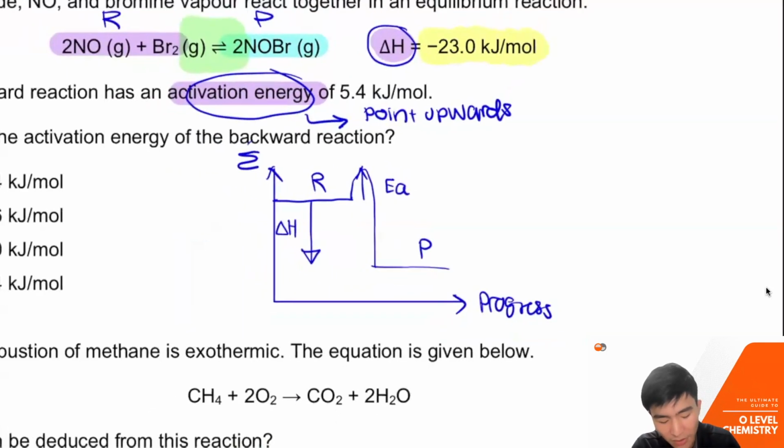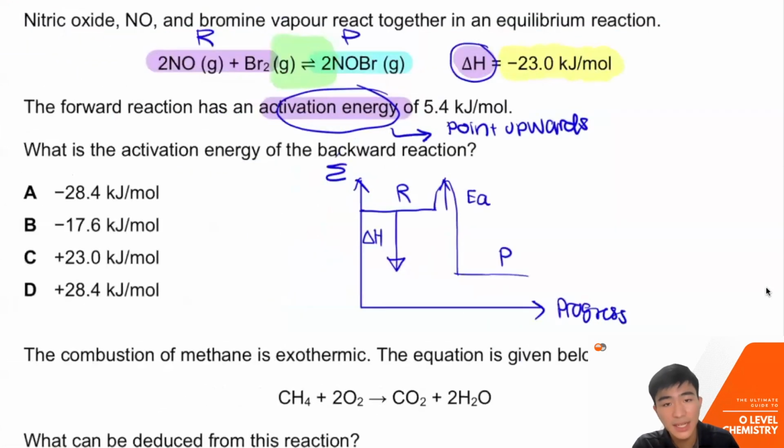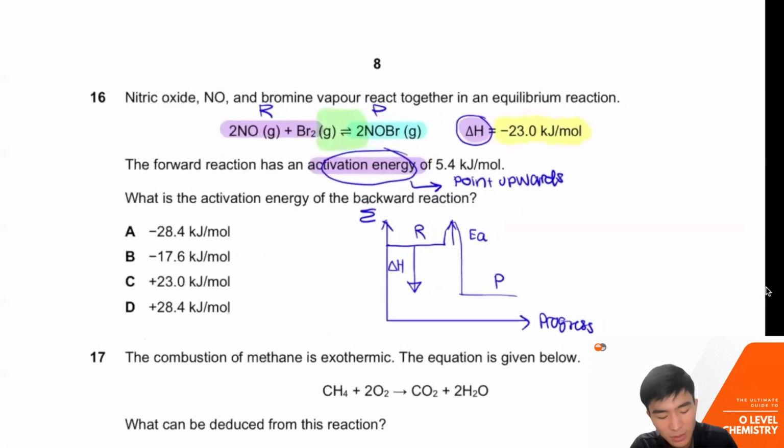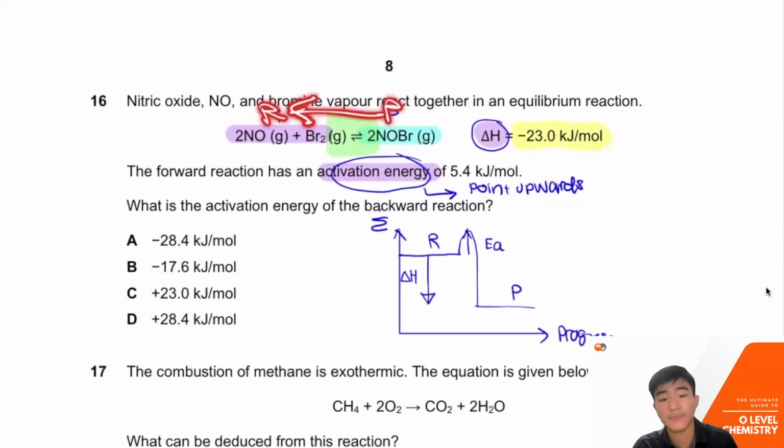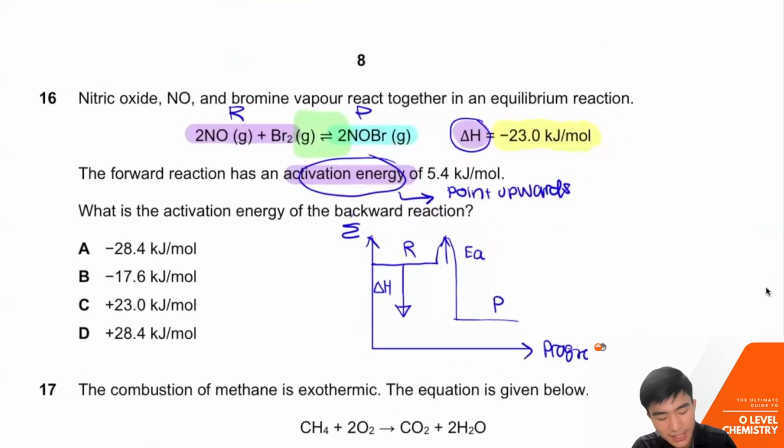From P, I go into R. Can you see over here? Instead of from R going to P, now it is P going to R. Okay? So in this case, what is the magnitude of the activation energy? So it's from here to here, right? So I got EA, which is 5.4, and then I got